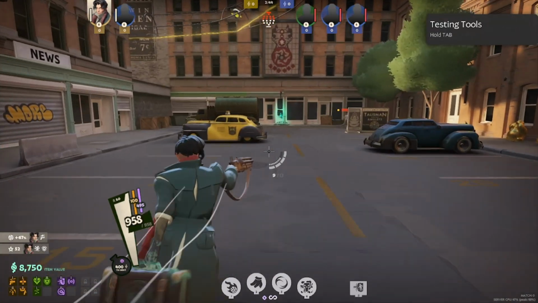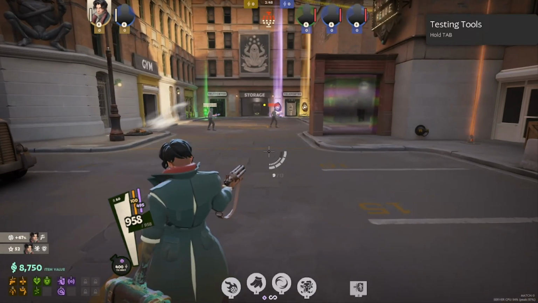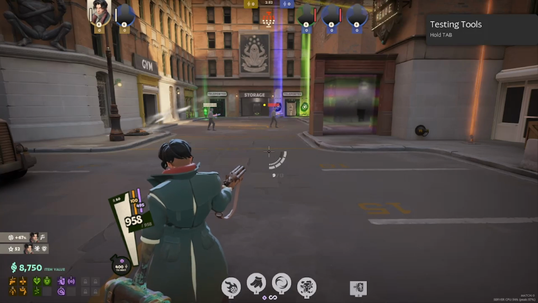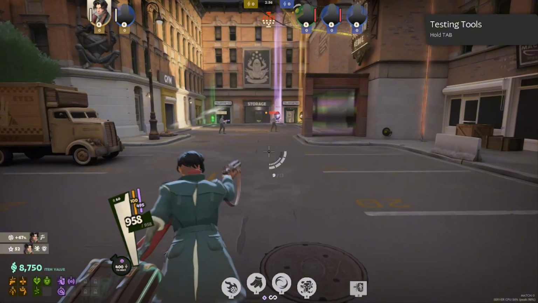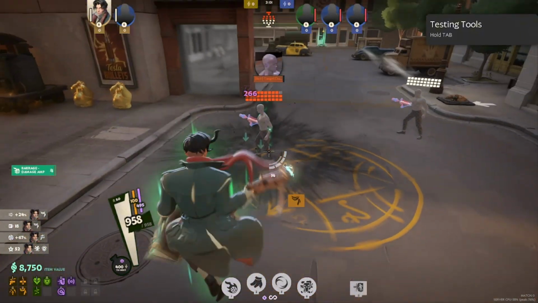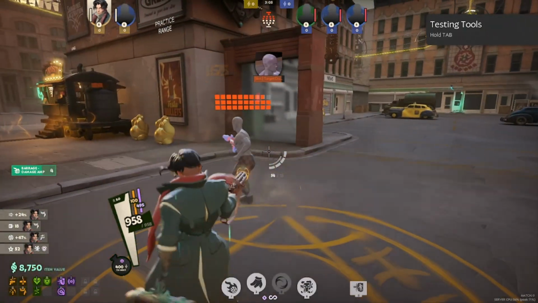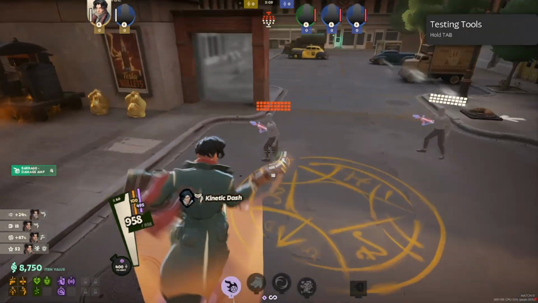So for Pocket, all of his abilities work in tandem with each other. You have to know how they work together and how to use them together in order to make the most of your Pocket's abilities. And so typically what this looks like is you're going to be engaging on them with Barrage at some point, poking into them, into a Satchel, right? Once you have ult, that's going to be Barrage,